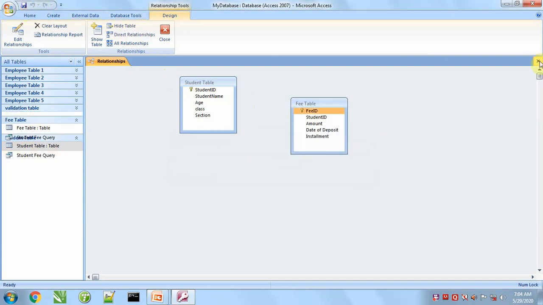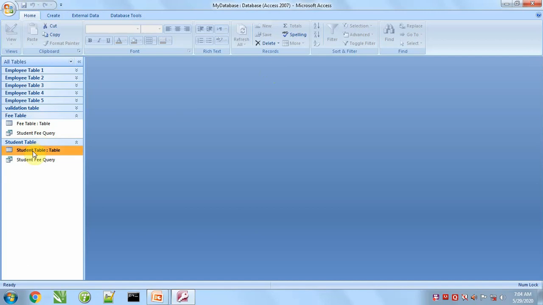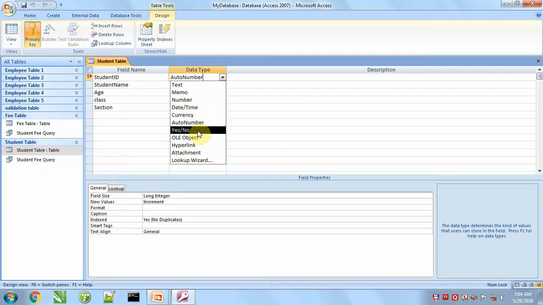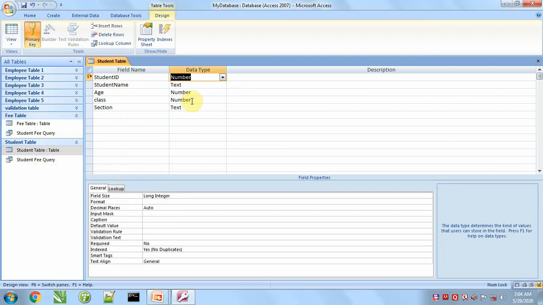Save. From auto number we will change it to number because we cannot change auto number according to our choice, since auto number is generated automatically. So student ID we have to convert to number so that we can insert numbers according to our choice.